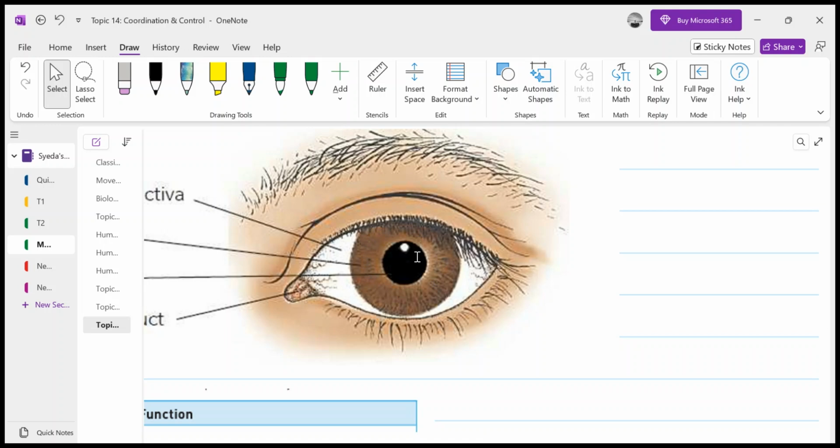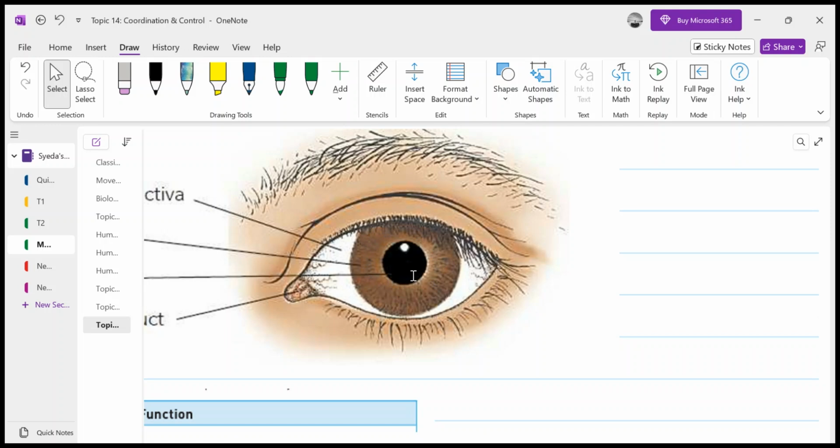Okay? No, not blink. Yes, blinking is also a reflex, but blinking is another reflex, right? But the control of the pupil size is something else. It means the pupil size getting smaller and bigger, right? This is actually the pupil or iris reflex, which is meant to let in less or more light, right?